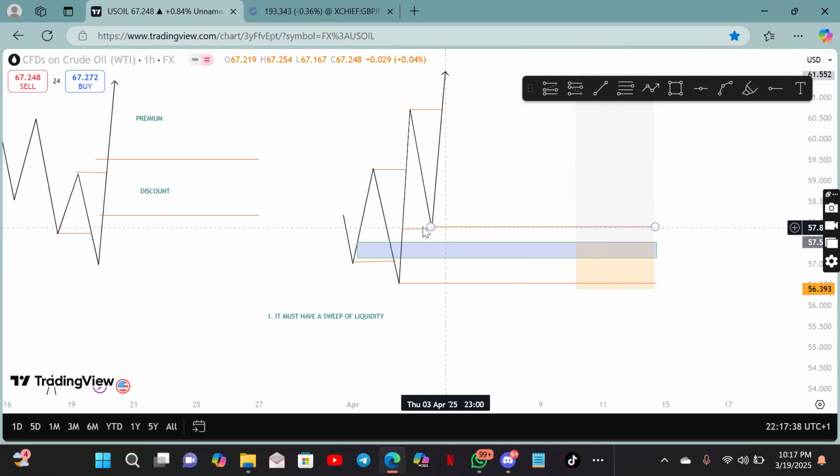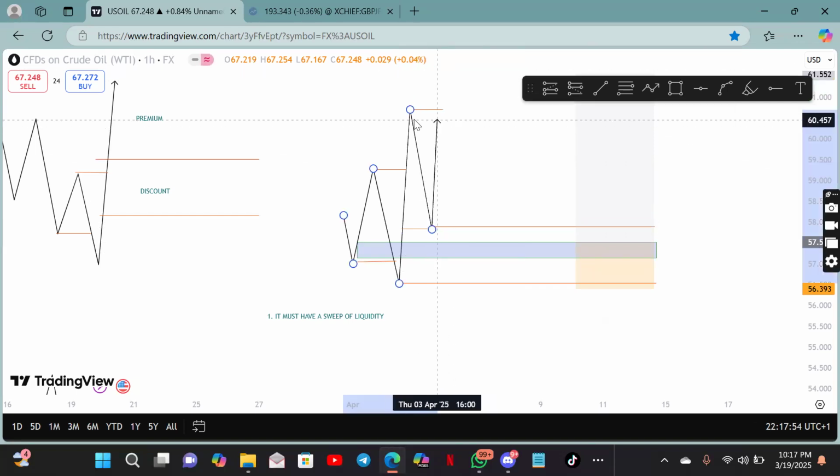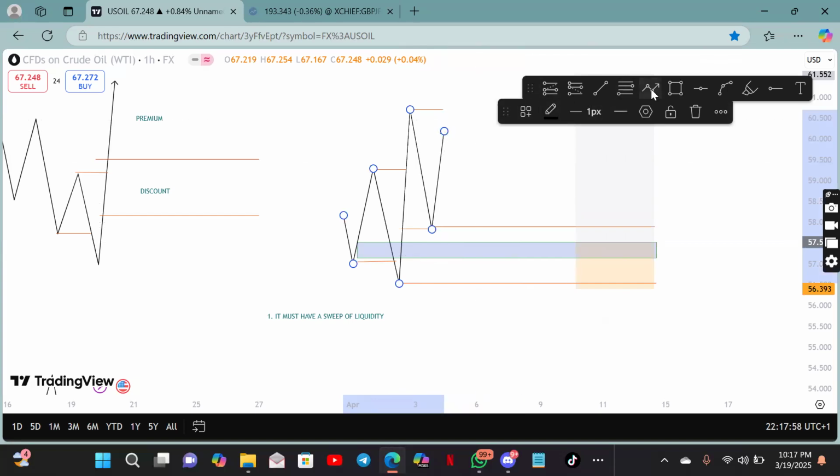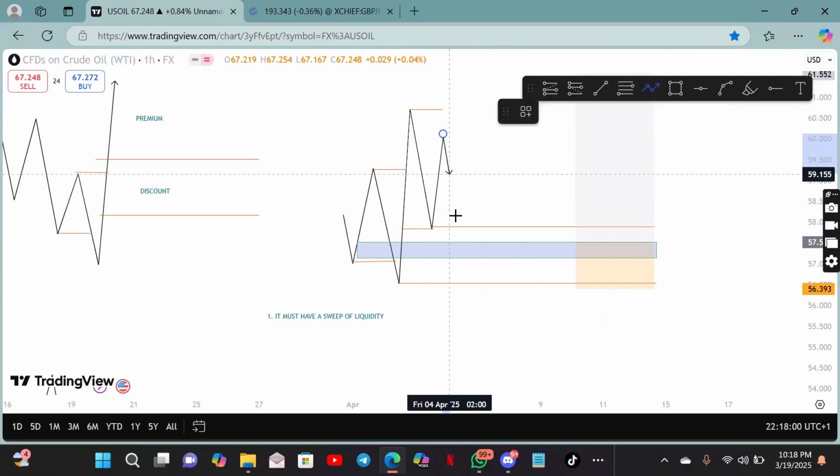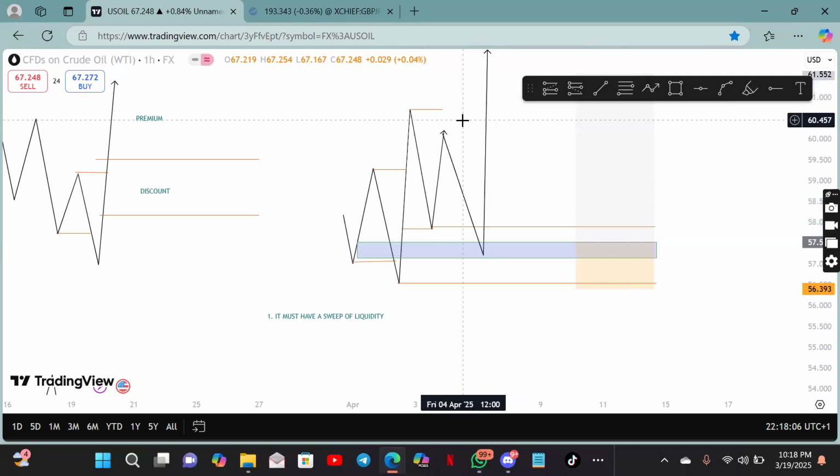It must have a structural liquidity, or people call it inducement. It can be a structural liquidity, it can be an inducement, but it's all liquidity. What does that mean? This particular move that happened here, it might never get to this place. It might even just be here. It might just get to this side and come back down, before coming back down like this and up you go. Might just happen like that.